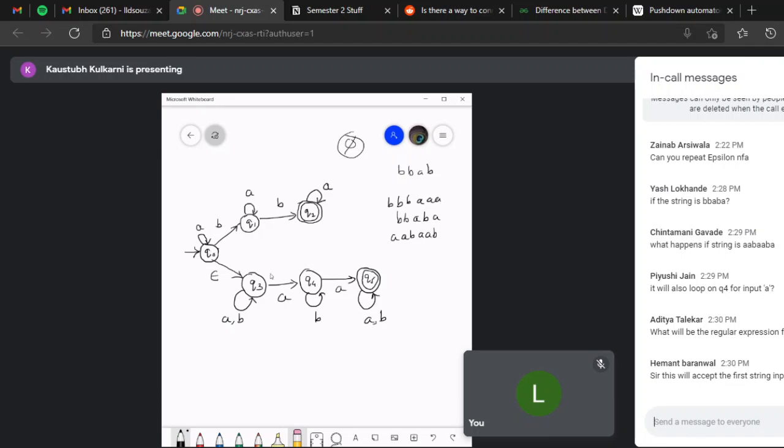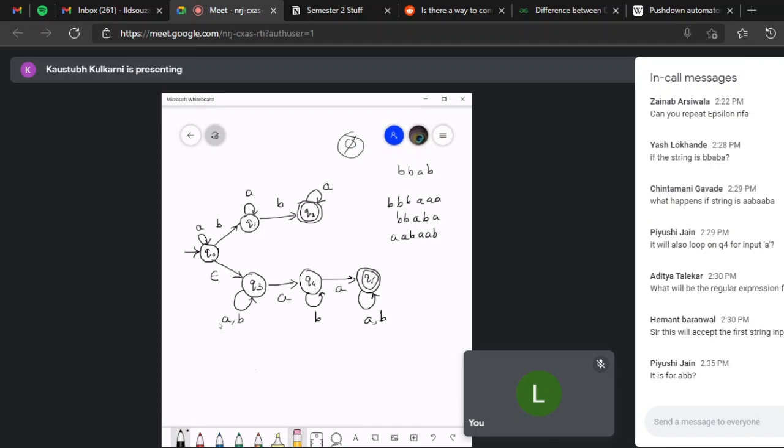Because otherwise, if the string consists of all A's, then actually it is not required. Yes, it can be removed, but it's fine. Okay, so in which case, what was in my mind in this case is, if the string starts with A,